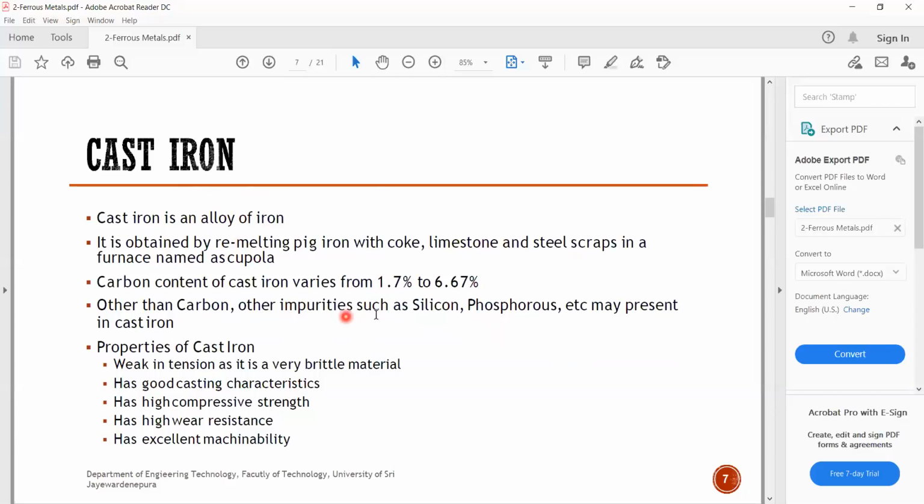What are they? Silicon and phosphorus are mostly available as impurities in cast iron. Alloy means if you have ferrous metal here and you add one or more non-ferrous metals to that iron, then it is called an alloy,